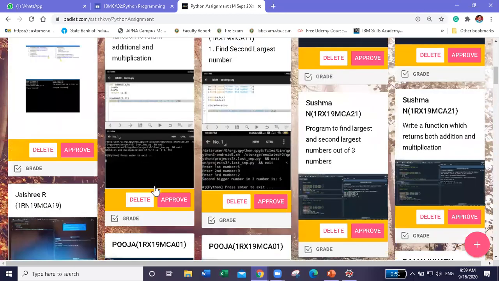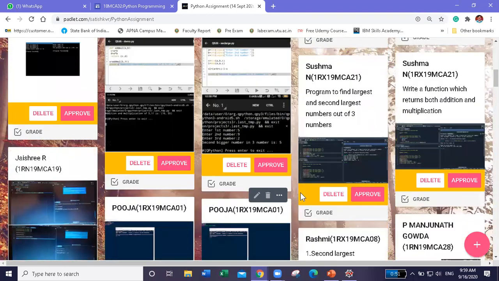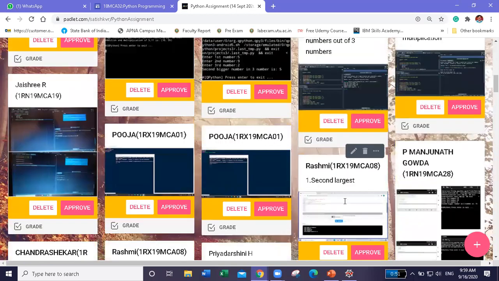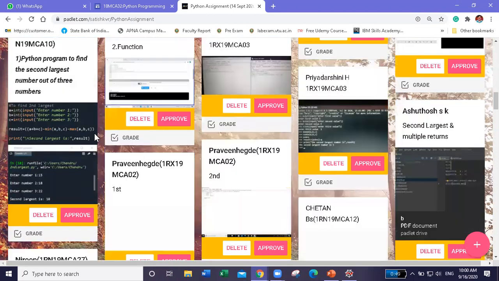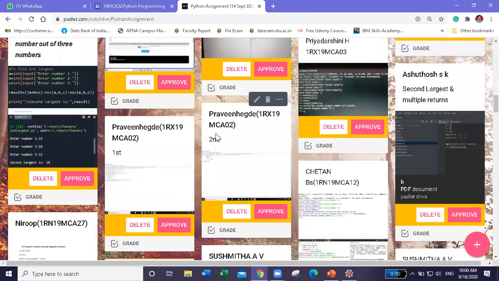Harshita, Jayashri, Pooja, Rashmi, Manjunath Gowda, Priyadarshini, Ashutosh, Rashmi, Chandrasekhar, Praveen Hegde, super.